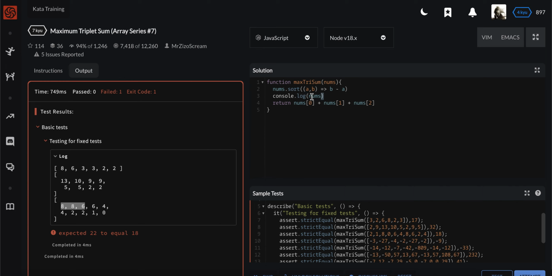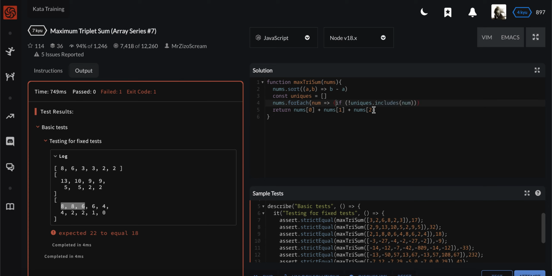I think there's probably a better way to do this, but the simplest way might be to just create a new array called uniques, and we're going to make that an empty array for right now, and then I'm going to go through the nums array with a for each loop and say if the uniques array does not include the current number,